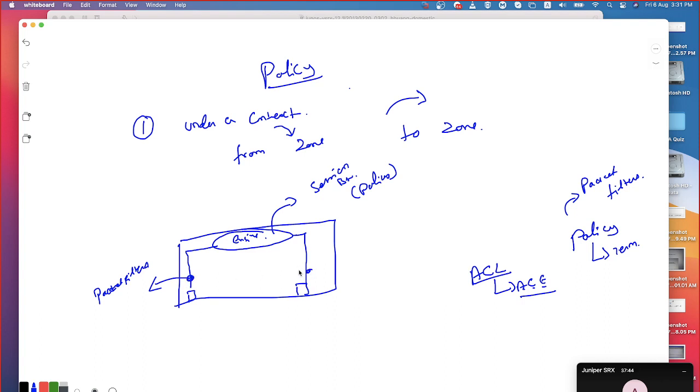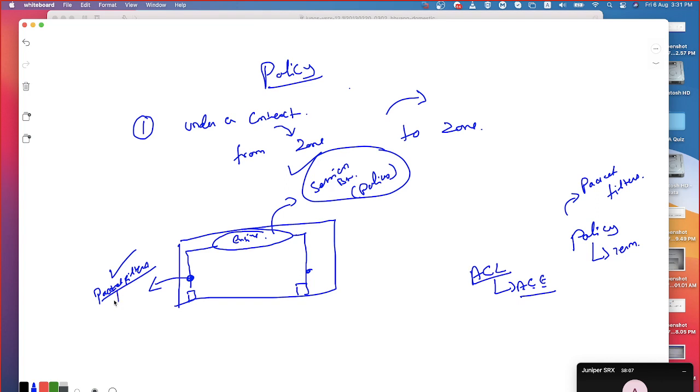But it is not stateful in nature. And this feature is available in all Junos platforms, whereas this one is available only in SRX. Do you want to use this and this? Yes, you can use it. You want to use a packet filter and also a stateful inspection firewall? Yes, you can do that.